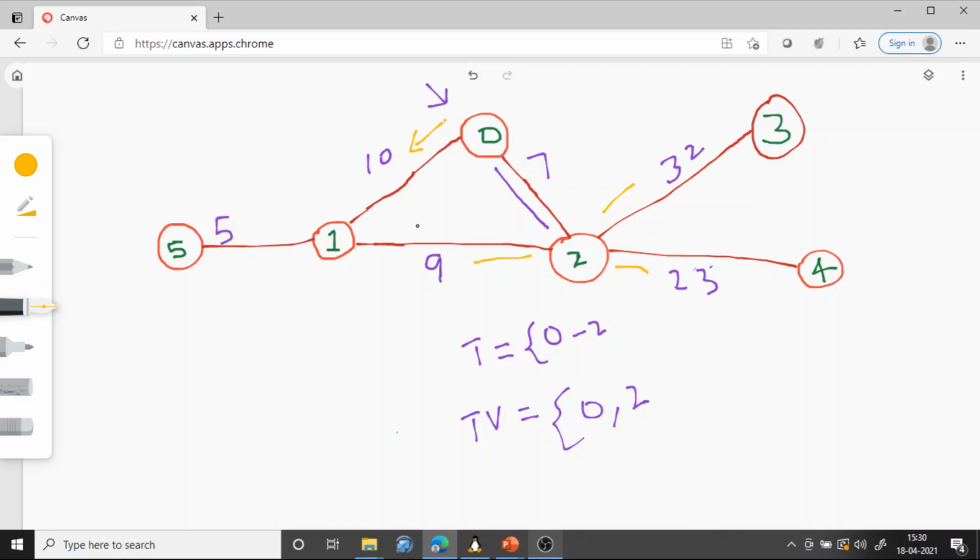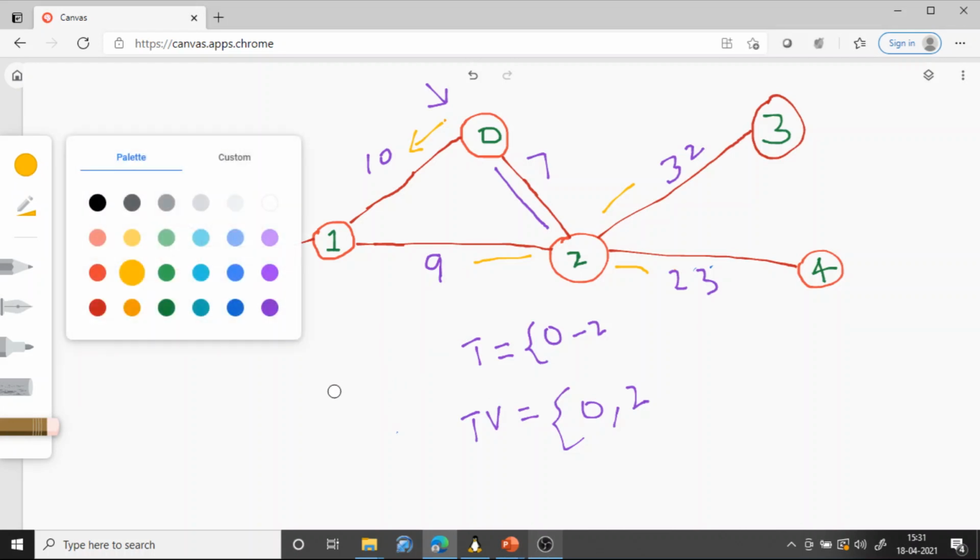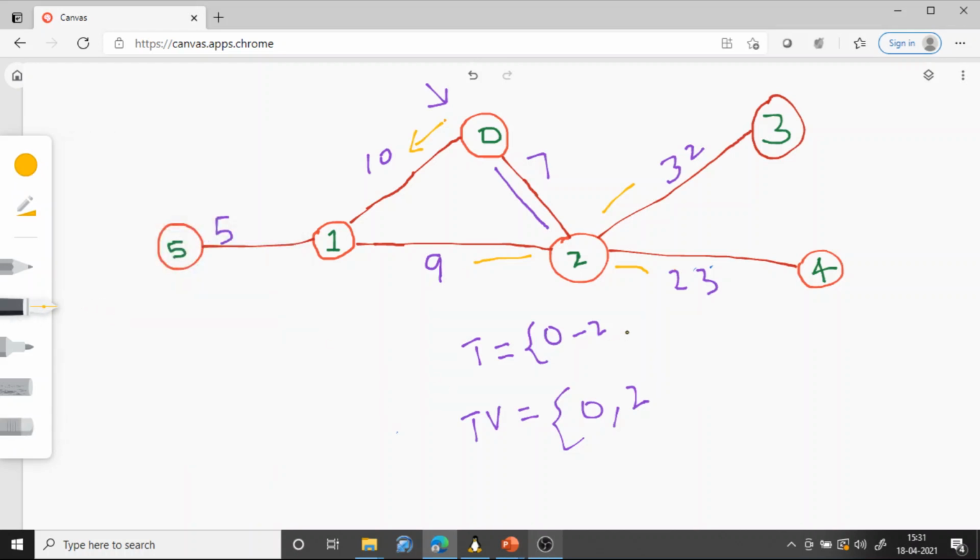Out of these four, 0 to 1, 2 to 3, 2 to 4 and 2 to 1, we have to identify the minimum cost edge. The minimum cost edge is 2 to 1, so we will add 2 to 1 to the spanning tree.